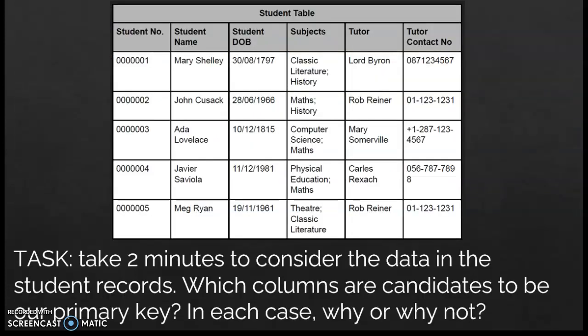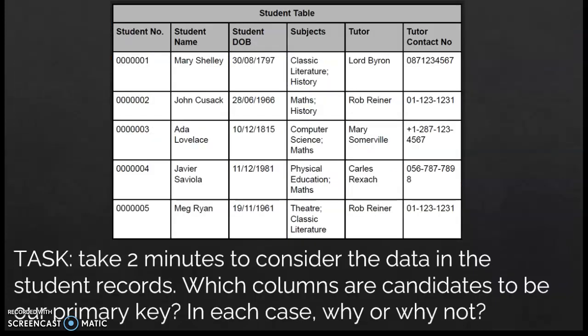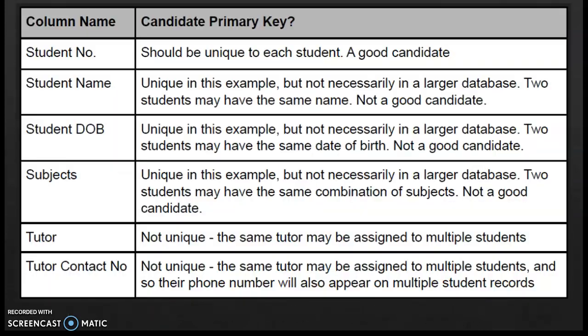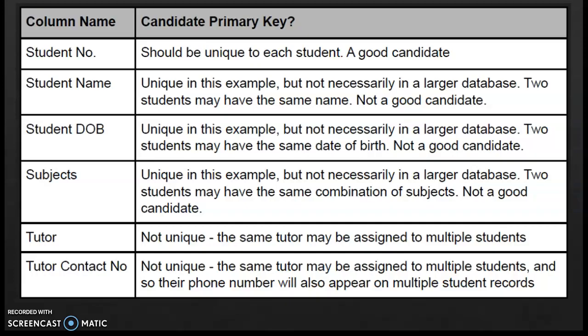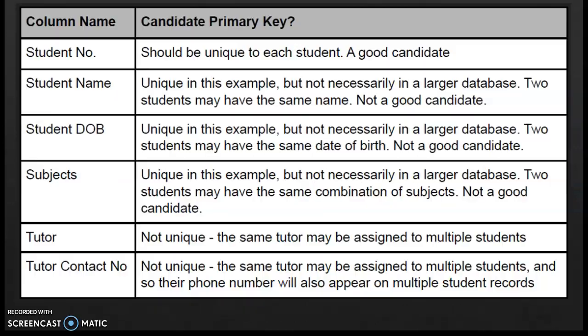The tutor, well, even looking at it there, it's not unique. You have two Rob Reiners, and the same tutor may be assigned to multiple students. So that's not a good one. And the tutor contact number, well, it's not unique. The same tutor, again, may be assigned to multiple students, and so their phone number will appear on multiple student records. So, student number is the only one that should be unique to each student, and it's a good candidate there